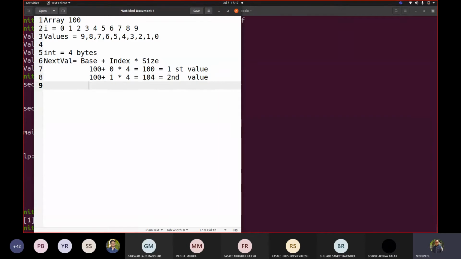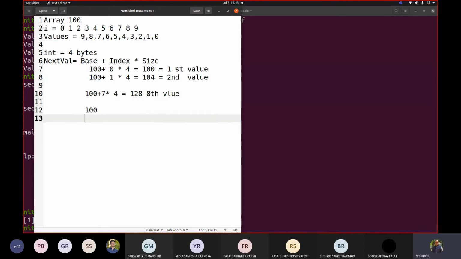If I talk about the eighth value, counting 0, 1, 2, 3, 4, 5, 6, 7, this is the eighth value for you. So what would be the eighth value? 100 plus index 7 multiplied by 4. So I ultimately can see it at 128. Correct?